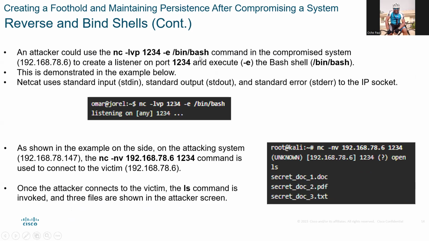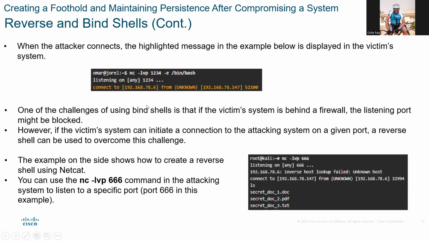nc -lvp 1234 in the compromised system, right? And create a listener port of 1234 and execute -e. The bash. Bash is your Bourne shell, right? That's the configuration file, and it's demonstrated here. So you can look at that in the